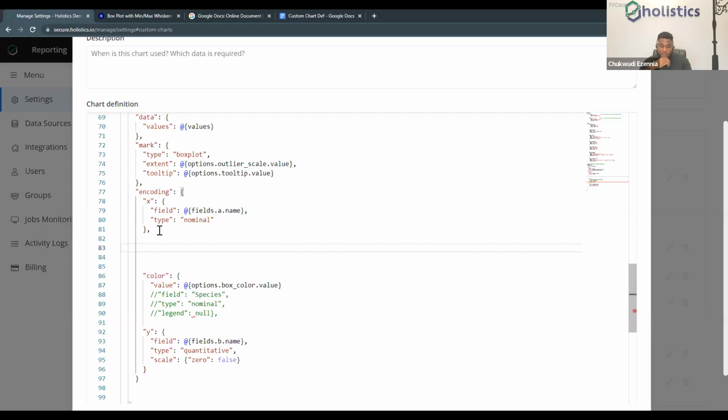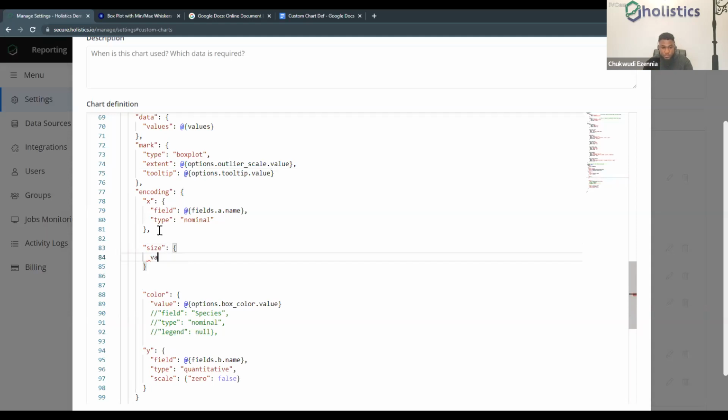And then I have here, on this particular indentation line, I want to define the size. So the size and then the value.